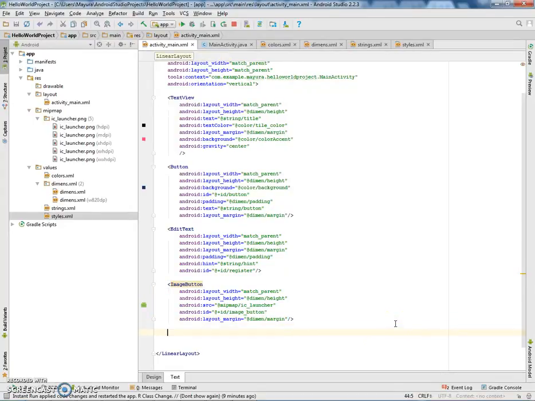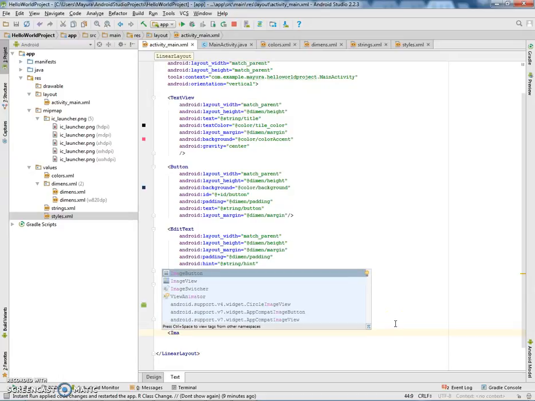And one more is we can have image view. It is similar to text view. If you want to display any images, we can use image view. And if the user wants to perform some operations on the click of some image, or needs to navigate to some other activity, in such scenarios we'll be using the image button. So image view,